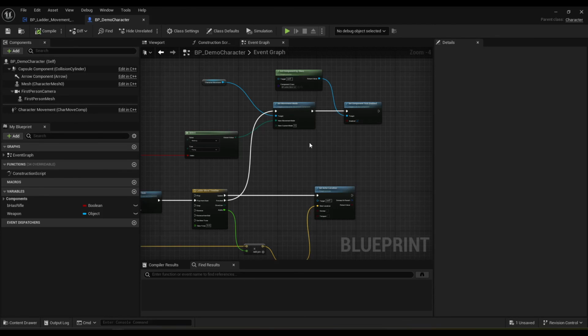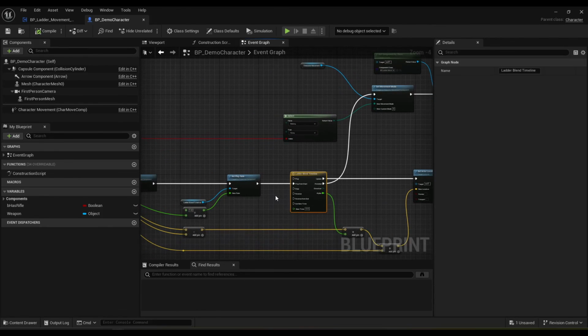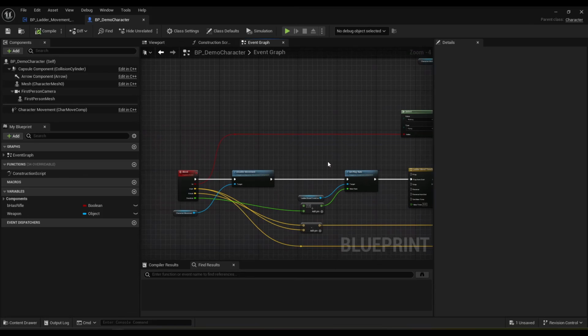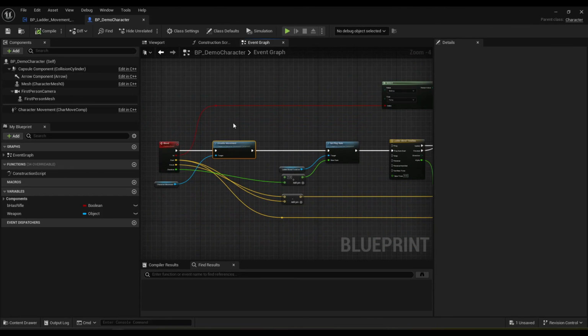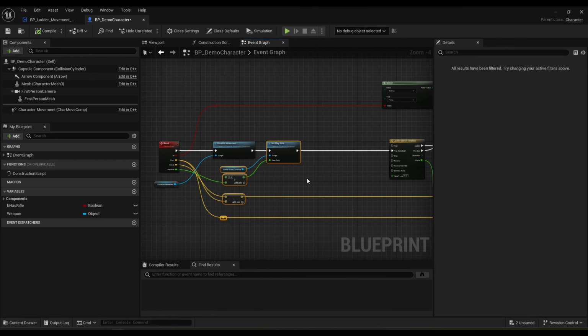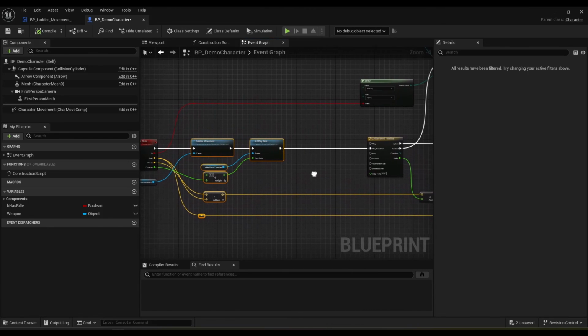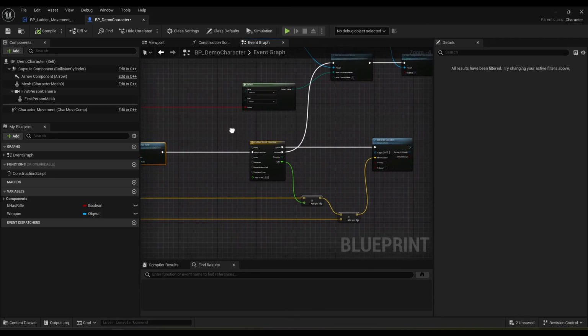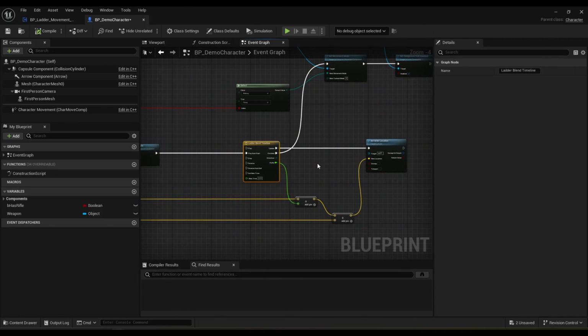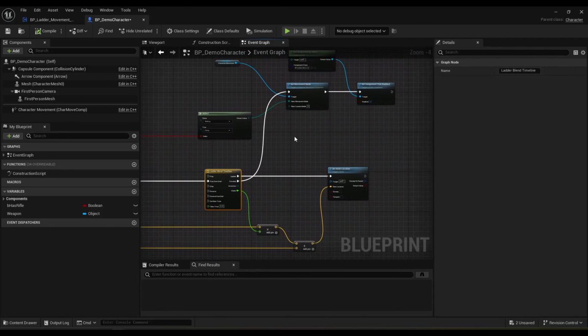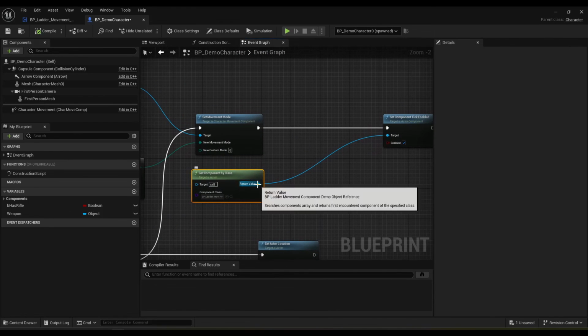So let's go to the demo character timeline. So what are we doing? So we're disabling movement. That's right. We set the play rate. Yep. So in either condition, we want this to happen. And then we start to move between the two locations. When we look for the component,